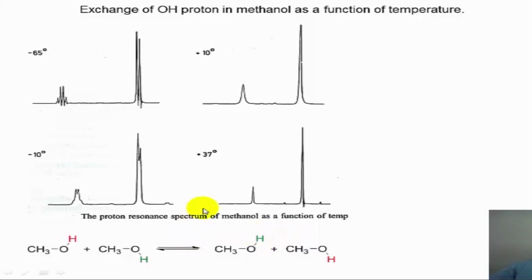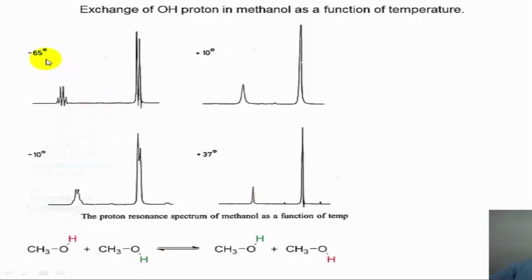So, at room temperature, essentially because of the rapid migration of the hydrogen from one methanol molecule to another, one sees an average signal, which is this particular signal corresponding to the OH, and the methyl of course is seen separately. There is no coupling between the methyl hydrogens and the OH hydrogens, because the position of the OH hydrogen cannot be defined very clearly under the conditions of very rapid rearrangement. So there is no coupling between the CH3 and the OH at room temperature.